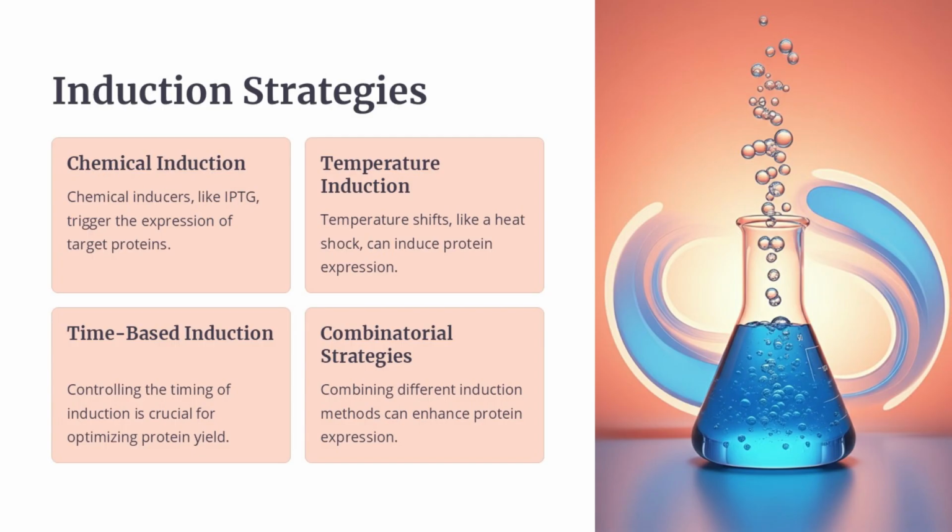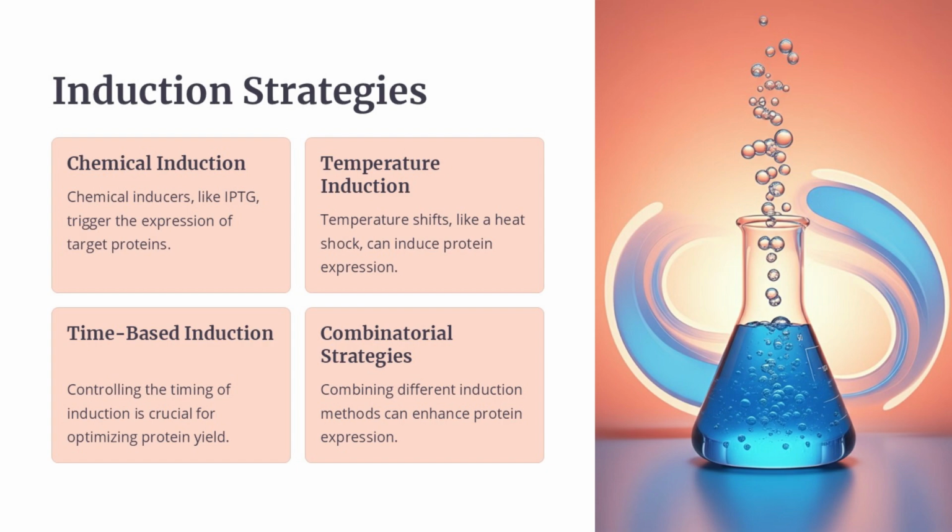Chemical inducers like IPTG are powerful tools to trigger the expression of target proteins in our system. Temperature shifts, such as a heat shock, can also be used to induce protein expression. This can be a useful alternative approach. Carefully controlling the timing of induction is crucial for optimizing the yield of the target protein. We need to find the sweet spot. Combining different induction methods, like using both chemical and temperature triggers, can be an effective way to enhance overall protein